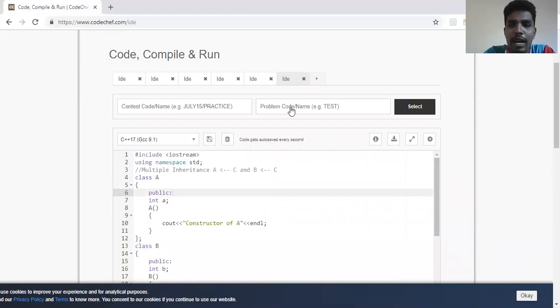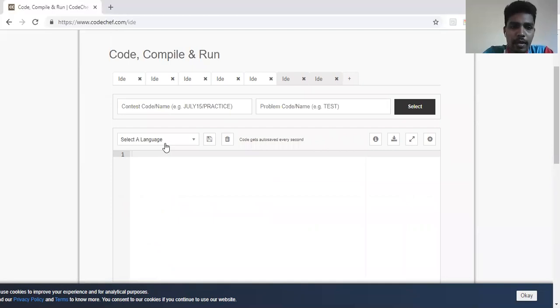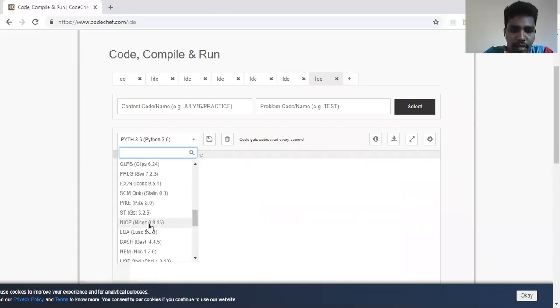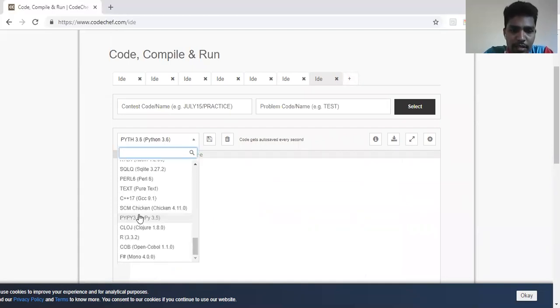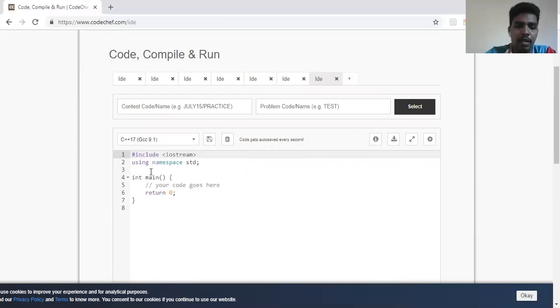What do you mean by hierarchical inheritance? Okay. So let me choose the compiler of C++. Last one is hierarchical inheritance. So what do you mean by hierarchical inheritance?